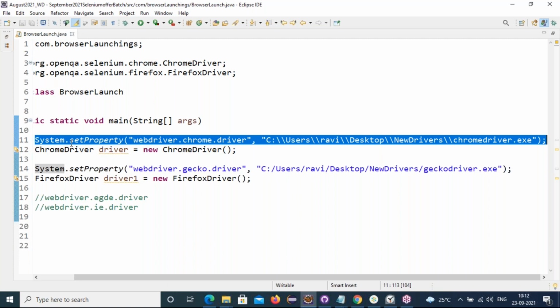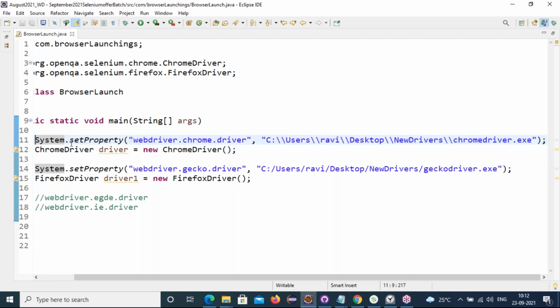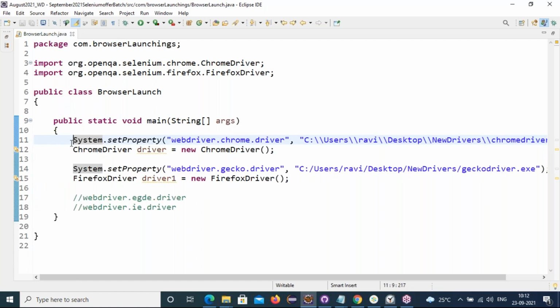If the browser version is upgrading, the drivers must also change, otherwise it will not work. In this case, what do we do? We check the updated version of Chrome browser in the computer, and according to that we download the supported browser drivers, and set up either through script or through environment variables.